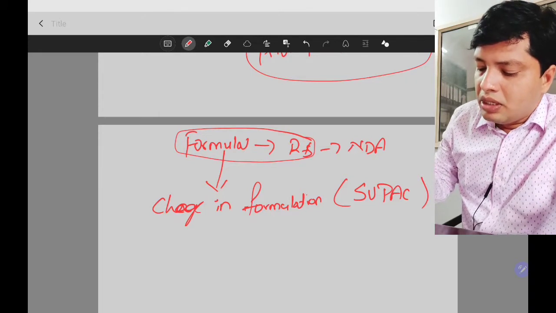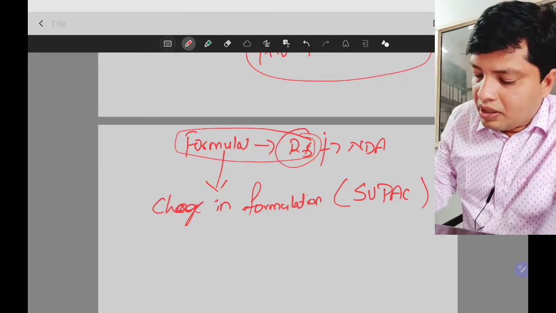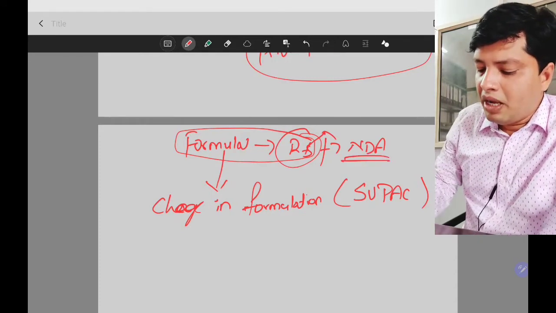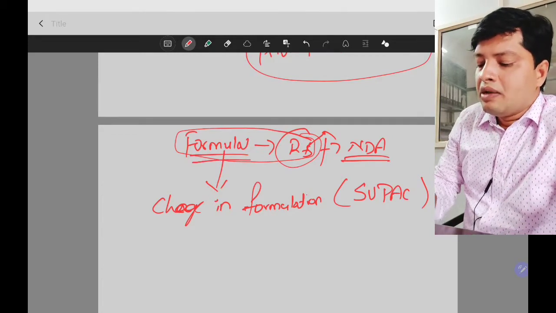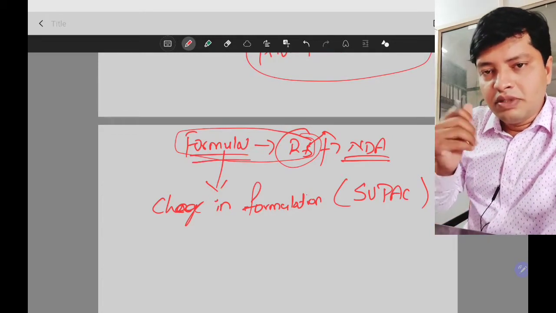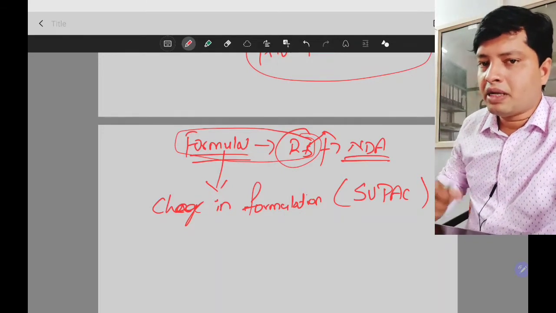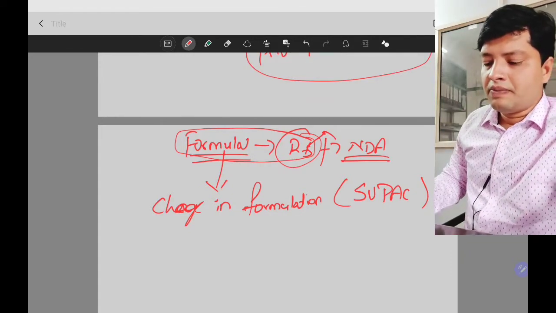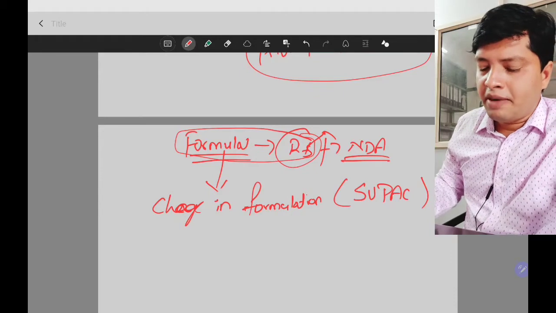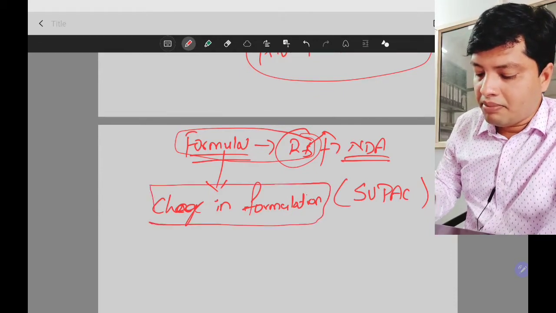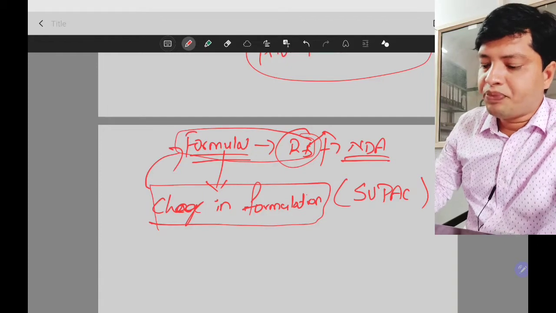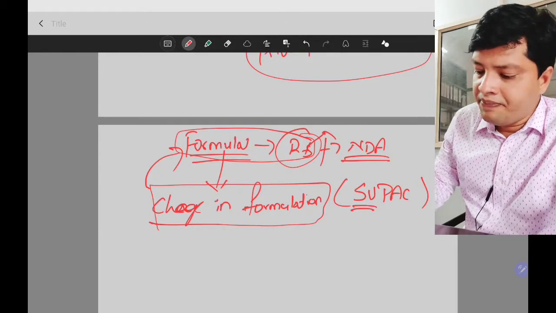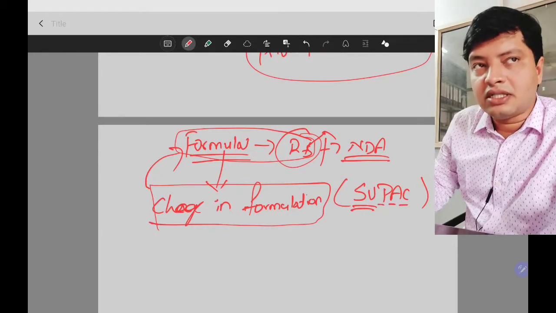Because you are going to scale up the R&D formula which is approved in the NDA application, by conducting the pilot plant study you found that some change should be made in the formula, because as such this R&D scale formula cannot be directly transferred to the commercial scale. But this formula is approved in NDA. Now again you have to change. Why are you going to change? Because you are going to scale up. Hence the name is coined as scale up and post approval changes.